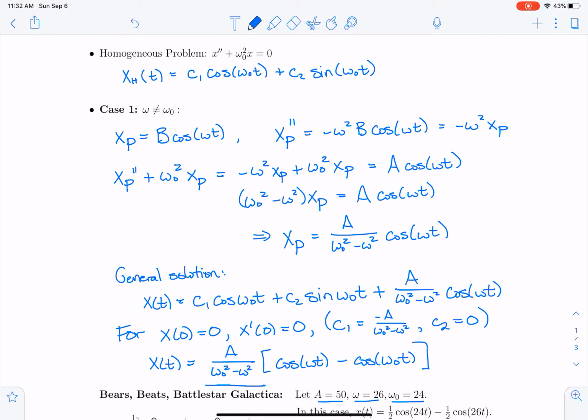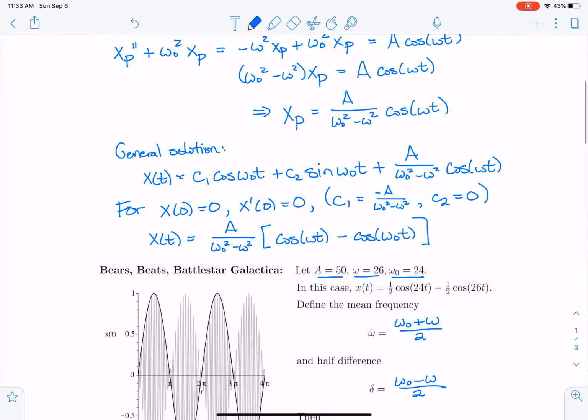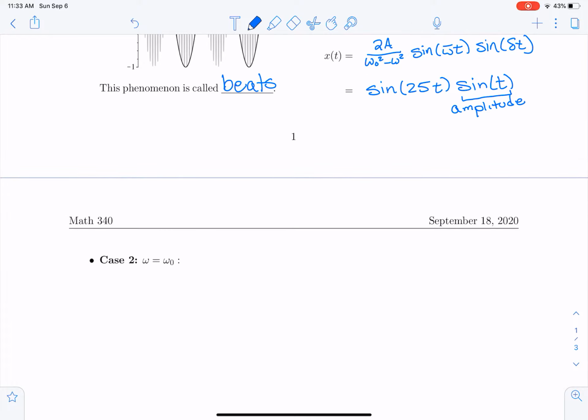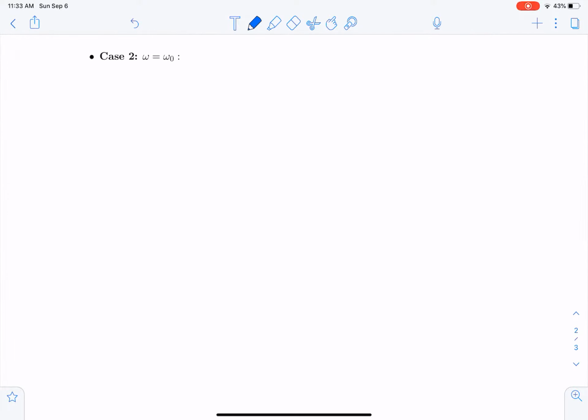And so there would have been some sort of problem when we had done undetermined coefficients to find the particular solution. So let's go back and look at the case where omega equals omega 0. We're going to drive our system at the same frequency as the natural frequency of the system. In this case, when trying to find